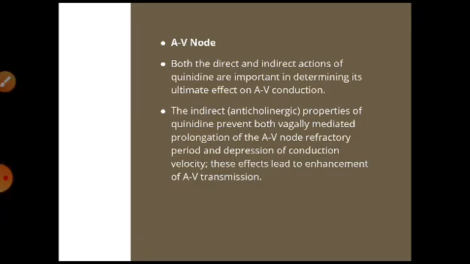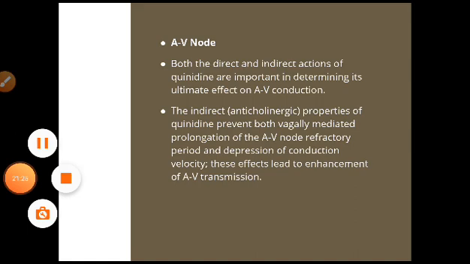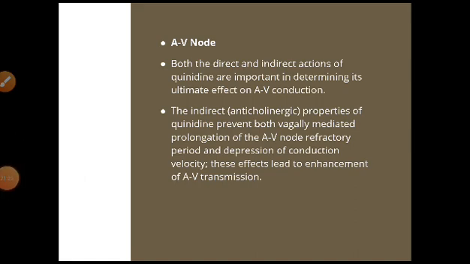What it does on the AV node: both the direct and indirect actions of quinidine are important in determining its ultimate effect on AV conduction. The indirect actions, which are called anticholinergic properties of quinidine, prevent both vagally mediated prolongation of the AV node refractory period and depression of conduction velocity. So here you can see, because it has some anticholinergic properties, it prevents